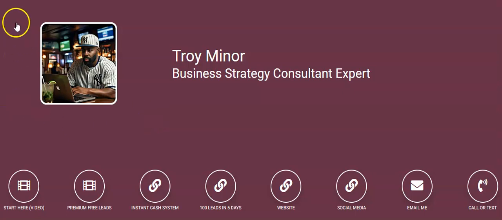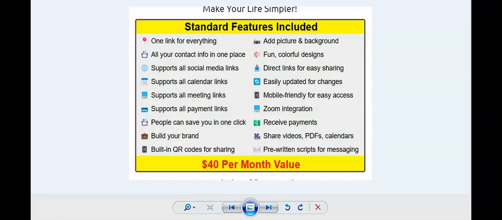And one last thing that I'm going to point out has to do with the Pro 2 level membership. Everyone signs up with Cardly for a free account, and you're more than welcome to remain a free member. But there are some benefits to being a Pro 2 level upgrade member. And the minute I saw this, I quickly registered as a Pro 2 level member. I didn't waste any time. The investment is only $29.99 per month. So for roughly $1 a day, you get all of these amazing benefits, and I strongly encourage you to go ahead and upgrade.